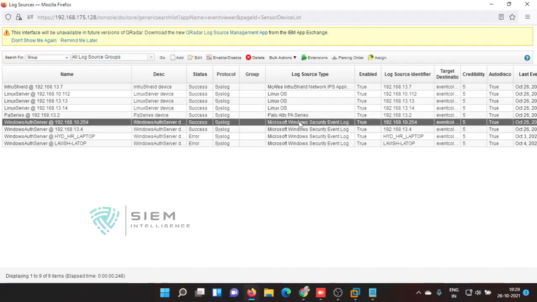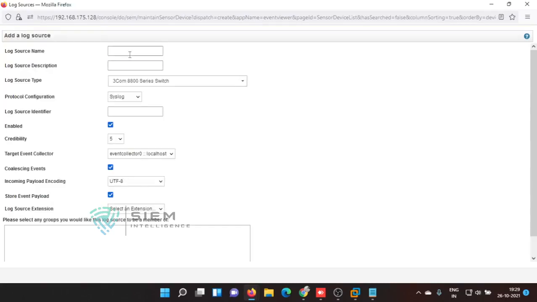But there is no DSM for our IBM NIPS, so we need to create our log source also. What is our log source? IBM underscore NIPS. What is the IP?